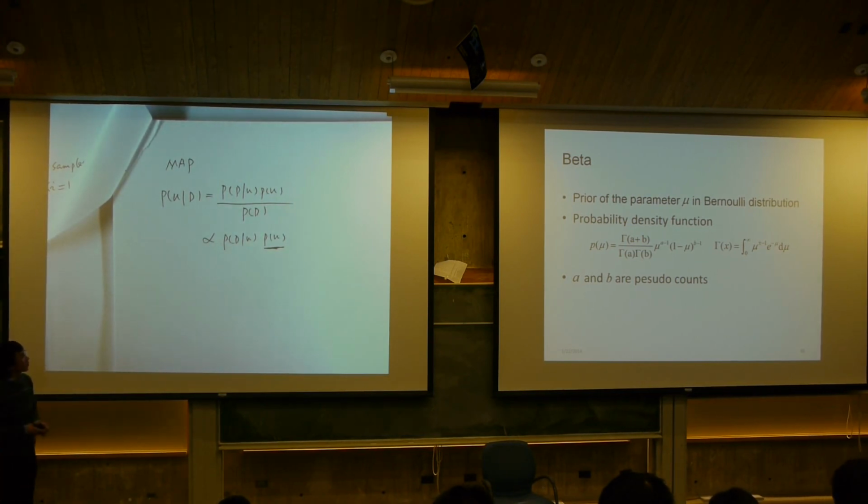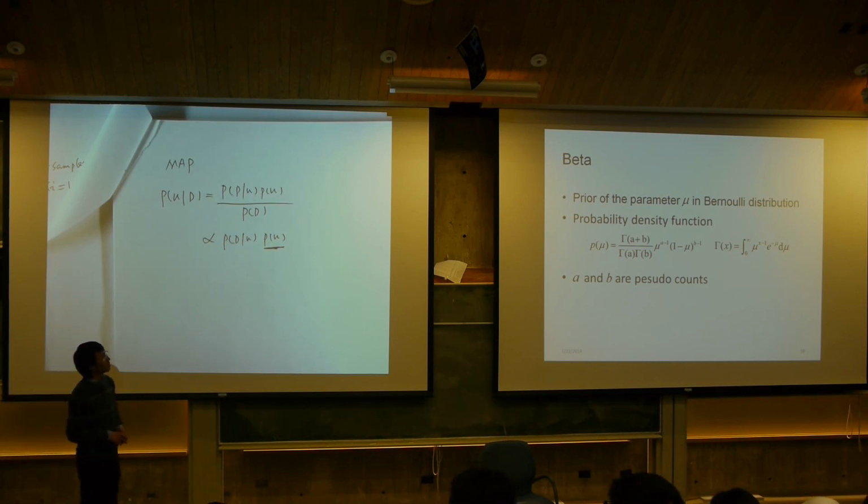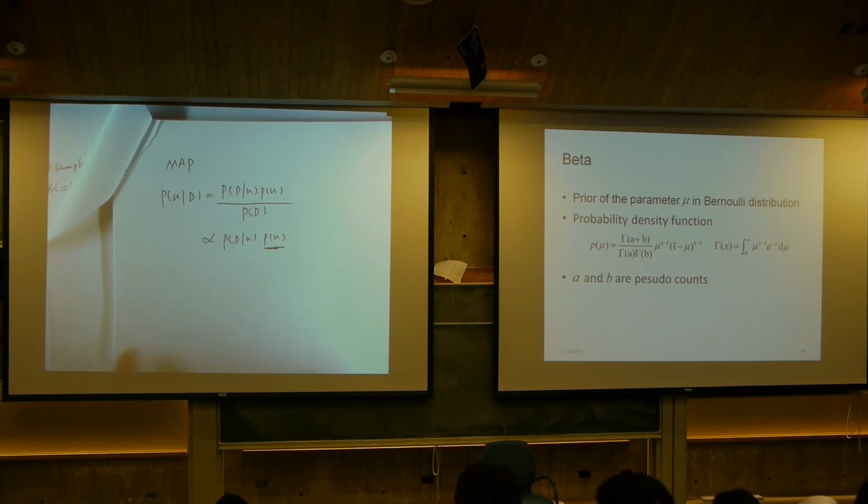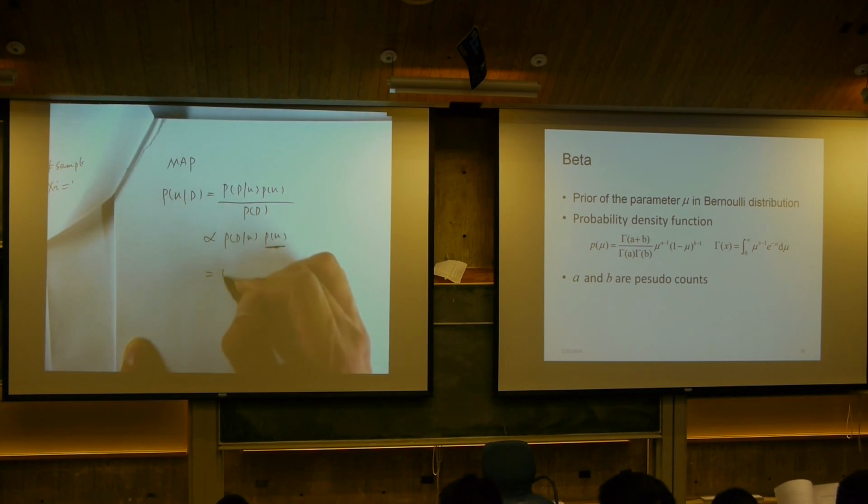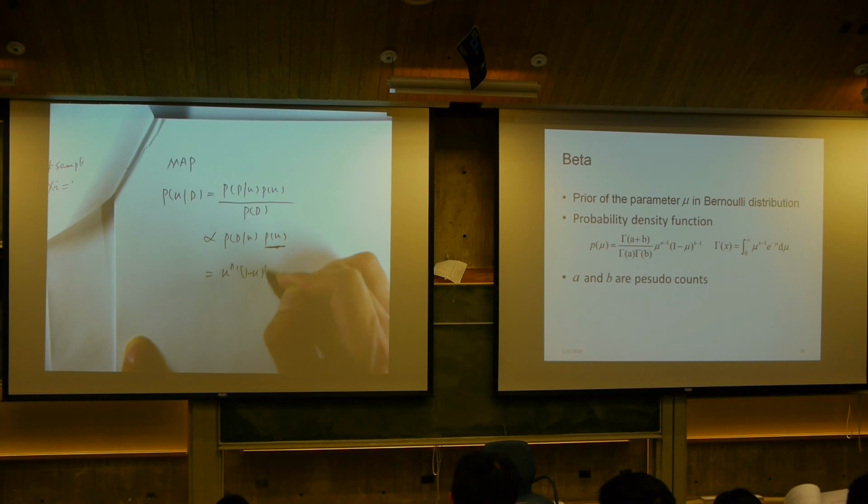So all it matters is this quantity here. That is to say, now we are going to treat mu as a random variable and put this prior distribution over it. So it comes to the beta distribution. So we plug in the definition of these two probabilities, and the P(mu) is